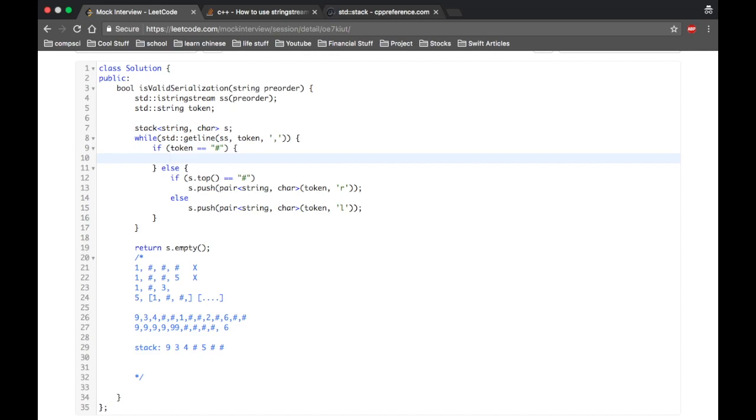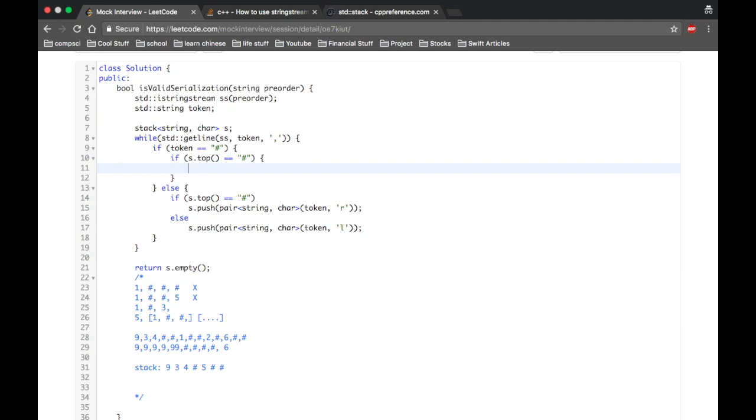So if the one before me is a number, then I don't do anything. But if s.top is equal to a hash, then I want to pop, and I want to keep popping until, so while